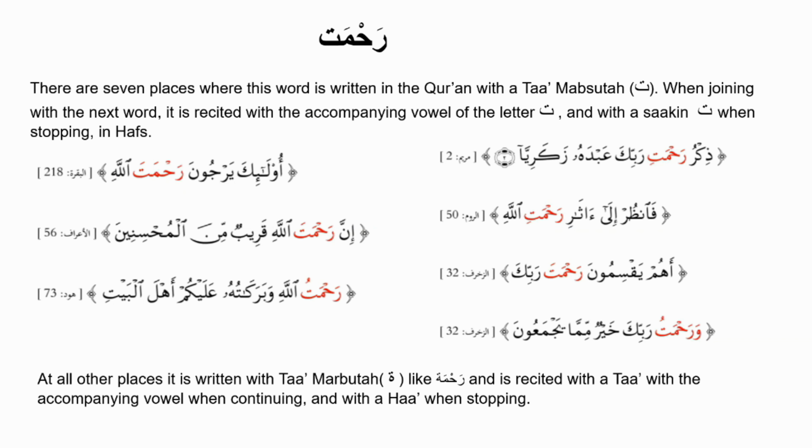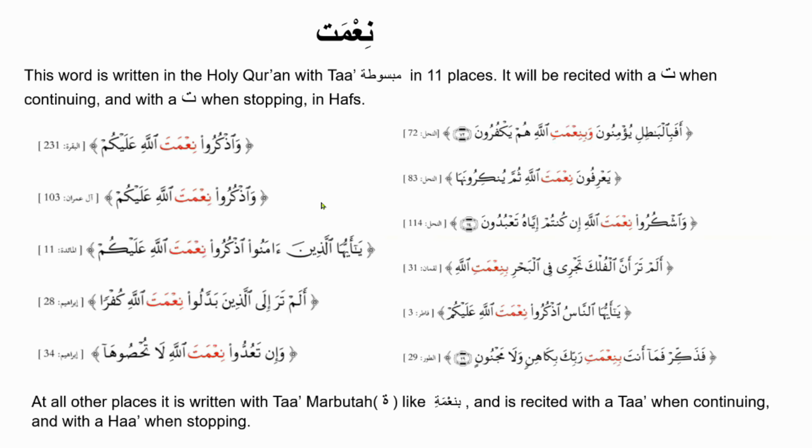And other than these 7 places, this word is written with ta marbuta, with the round ta like this in the Quran, and upon continuation, we will follow the vowel of ta marbuta, but upon stopping, we will recite it as rahmah. The next word is ni'mah, which is written in the Quran with ta mabsuta in 11 different places,